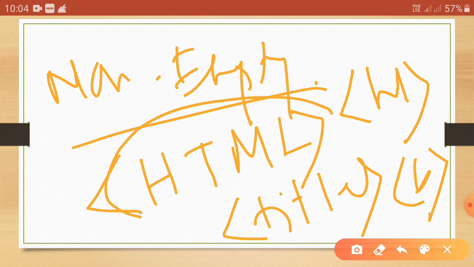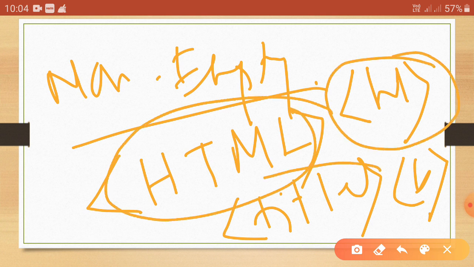So all these tags are known as non-empty tags, as they contain some element between the start tag and end tag, because all these tags require an end tag or closing tag.